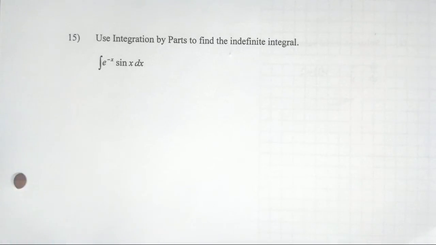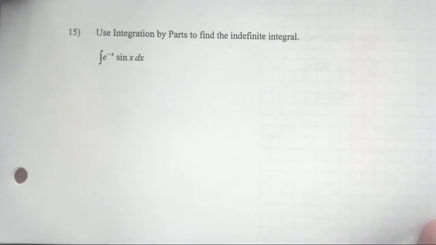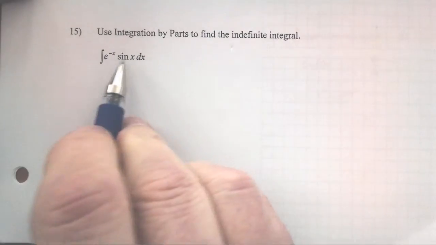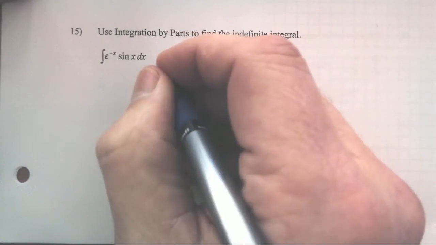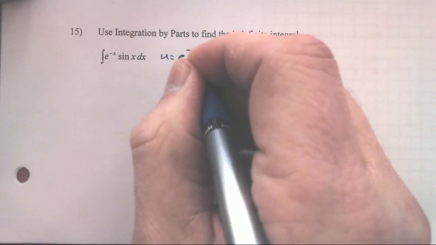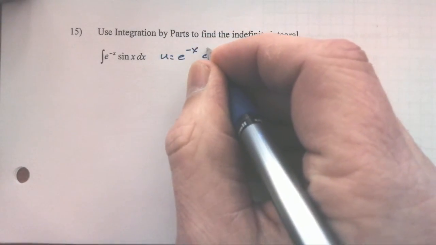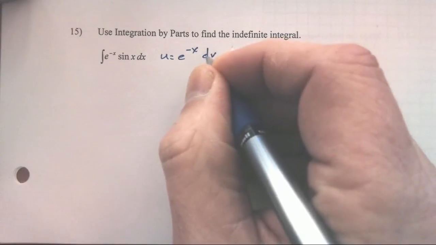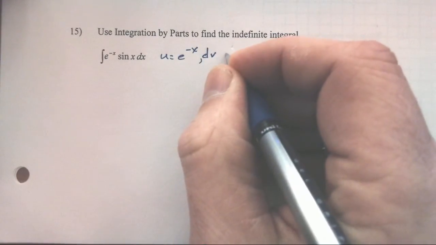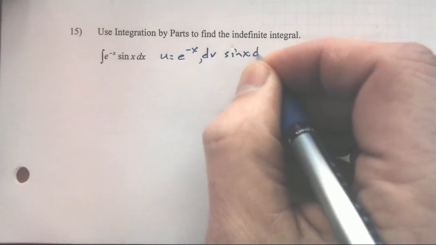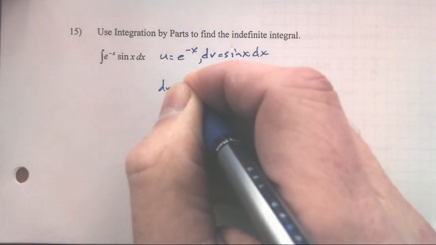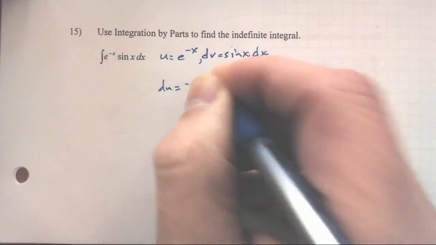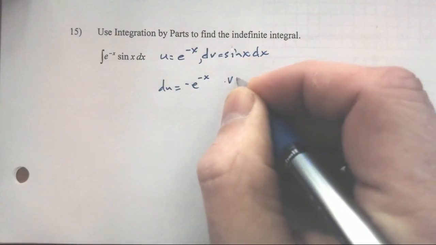This is what I'm now referring to as a come-around problem. We've seen a number of these. Let's go ahead and go through this. Both of these, I think we could go either way on this. I'm going to have u be e to the negative x. dv is going to be sine of x dx, making du negative e to the negative x, making v be